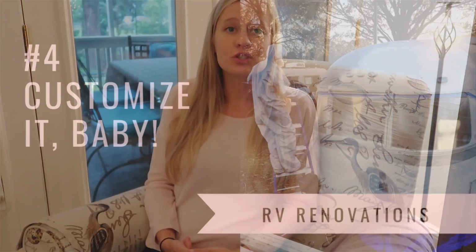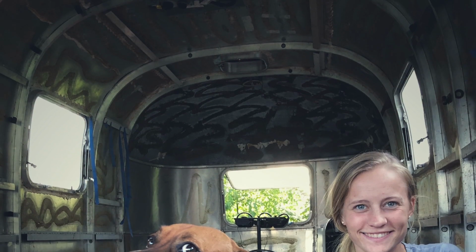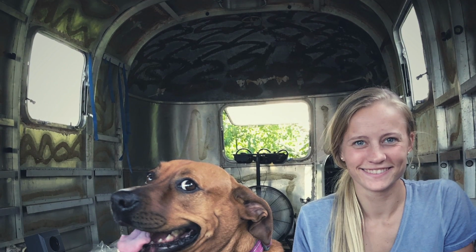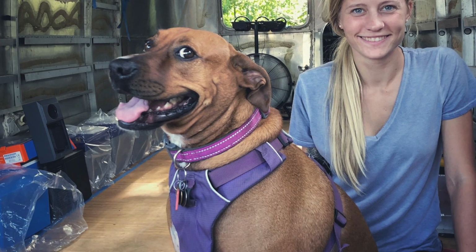Number 4 on the list is you can completely customize the rig to your needs. So we built out this Airstream from scratch. There was nothing in it, not even floors. So I got very familiar with the program SketchUp, and I got to design the entire layout. And if you guys have been following for a while, you know I designed quite a few layouts before we